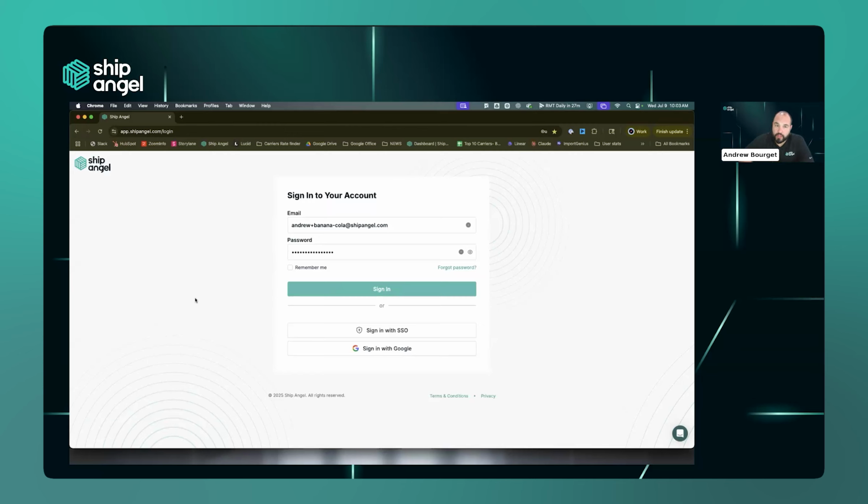So, Ship Angel, we've built this system very much with enterprise technology forward facing. And so we have SSO built in right from the front. Whether your organization is using Google, Microsoft, or any other SSO platform, we can connect in with the platform that you're using today to help you get signed in and ensure the security aspect of the Ship Angel